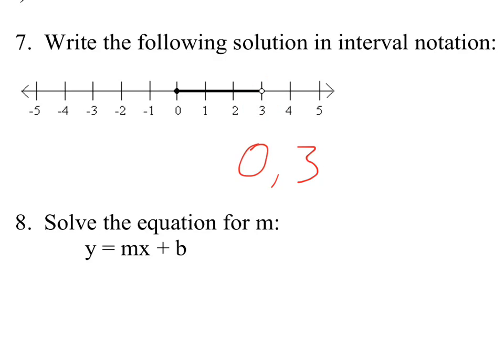If you have an open circle, you're going to have an open bracket, which is a circular one. If you have a filled-in circle, you're going to have a closed bracket, which is a square one. And that one's done. On 8, you need to solve for m, which means you get m all by itself,